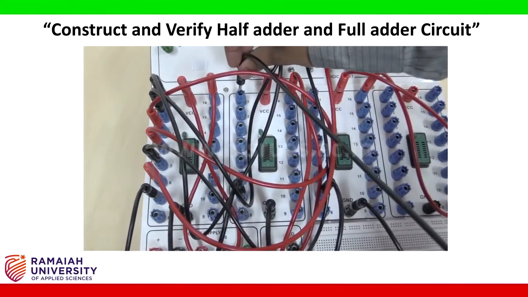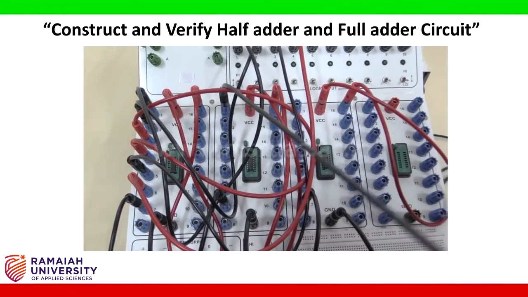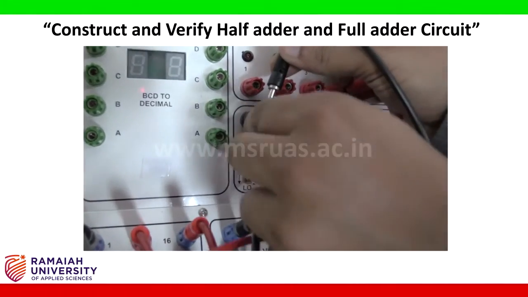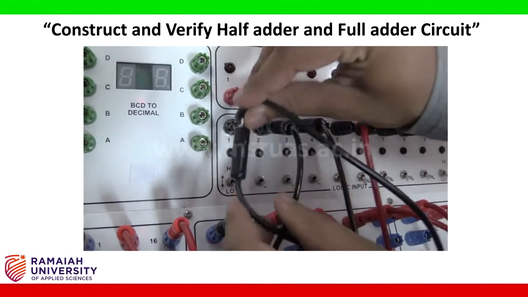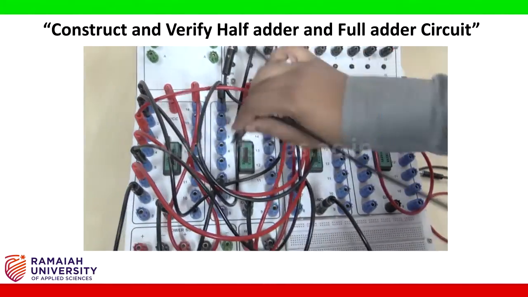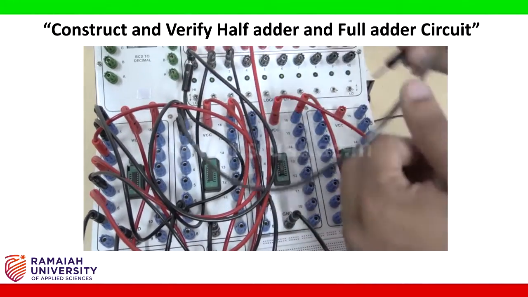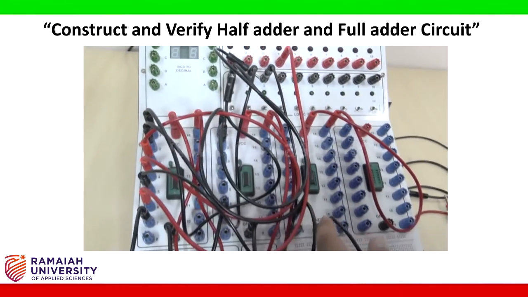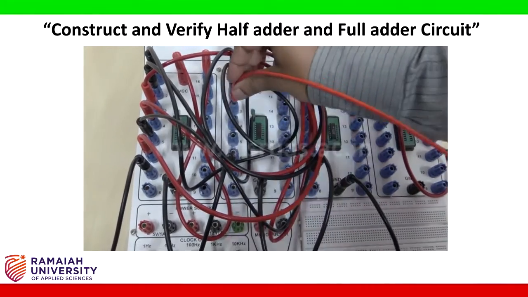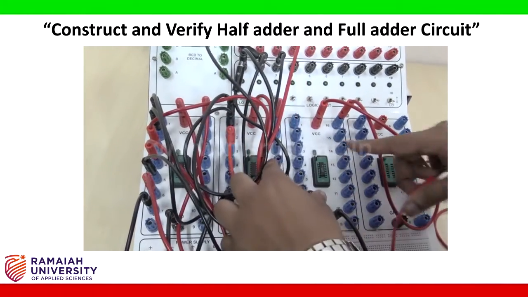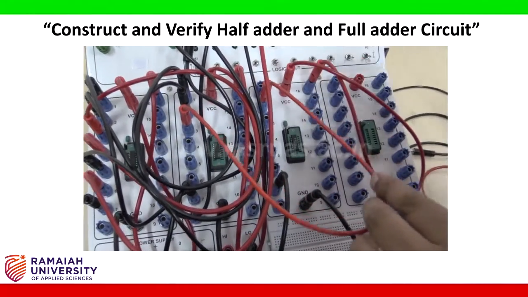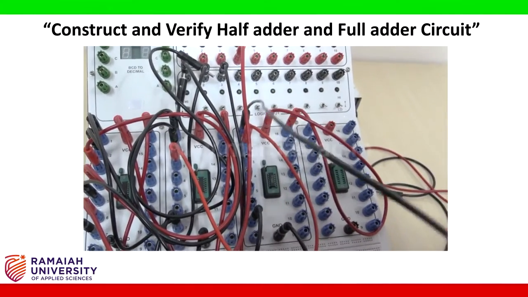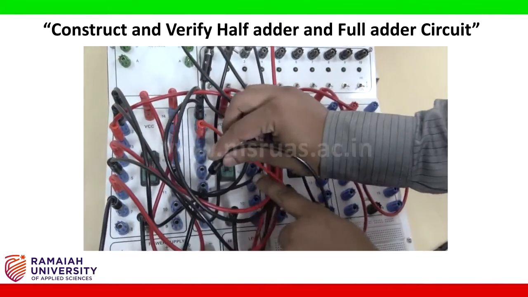Now I am connecting pin number 1, the input of the AND gate, which connects to input A. So therefore I am connecting it to the input A. Pin number 2 of the AND gate connects input B. So therefore I am connecting here. Now the output of this AND gate, that is pin number 3, is connected as an input for this OR gate, that is pin number 2. Now pin number 1 of this OR gate is connected as an output of the AND gate, that is 6,